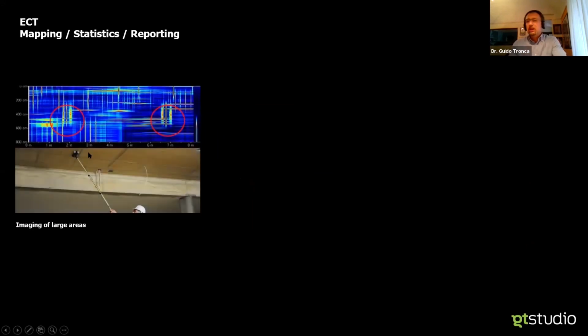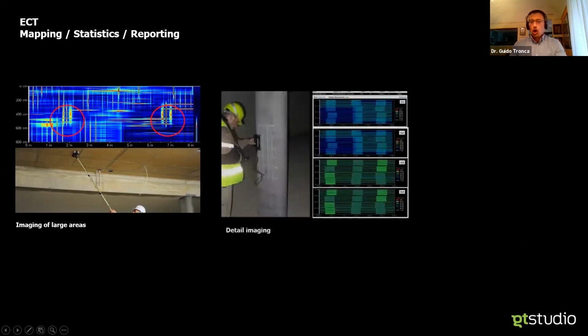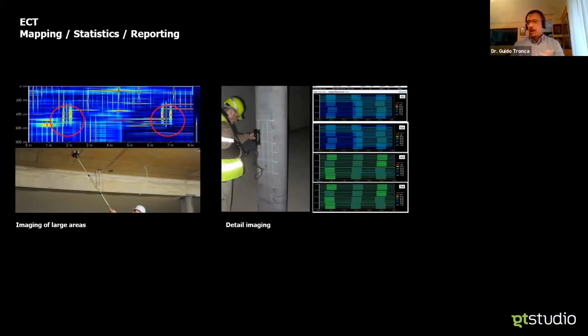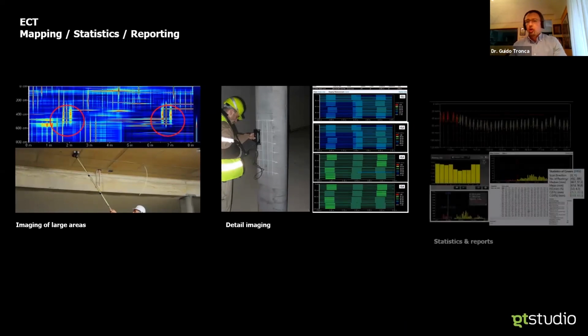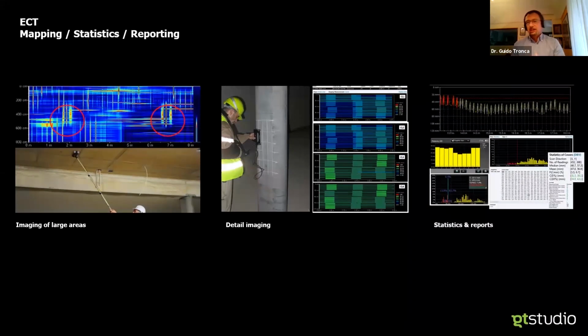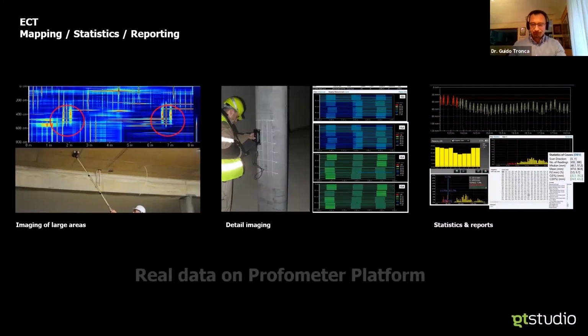Now, the Profometer, belonging to the family of the cart-mounted rebar locators, can deliver easy mapping of broad areas, just by keeping track of the geometry, and accurate detail imaging of small elements. And of course, all the quantities must be ready for reporting. Now, just as a short